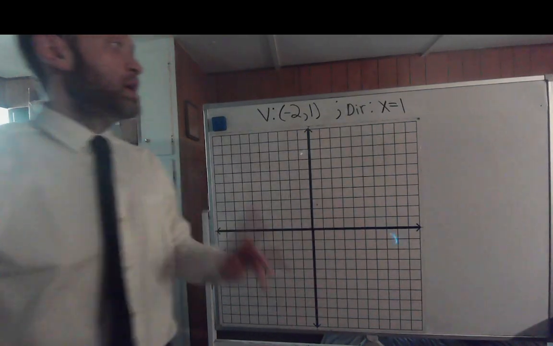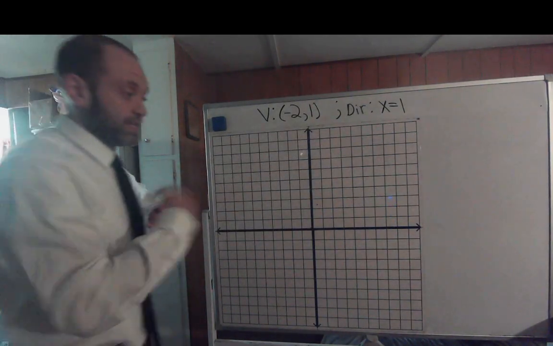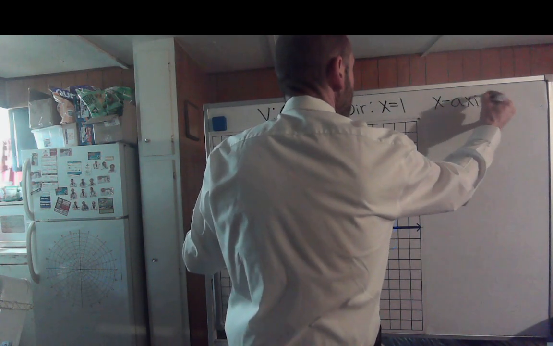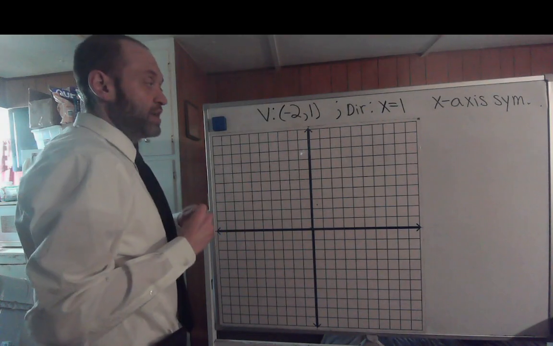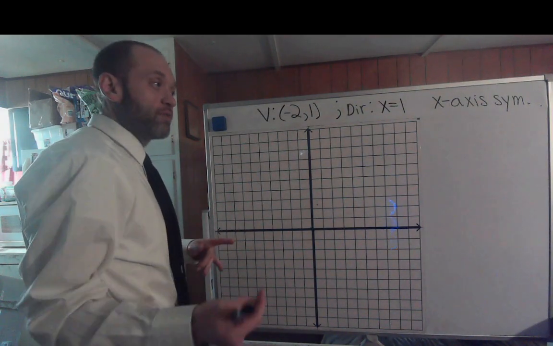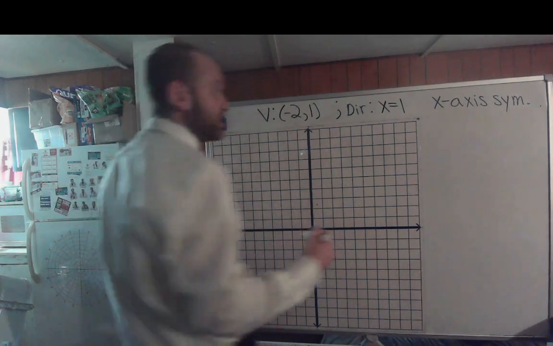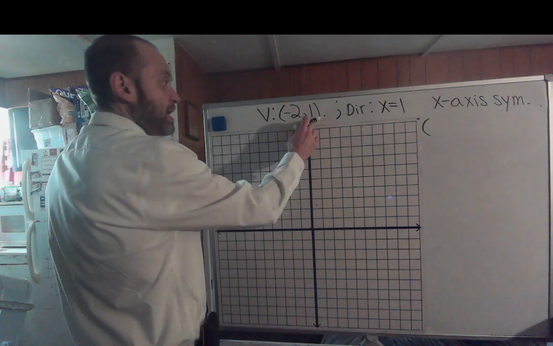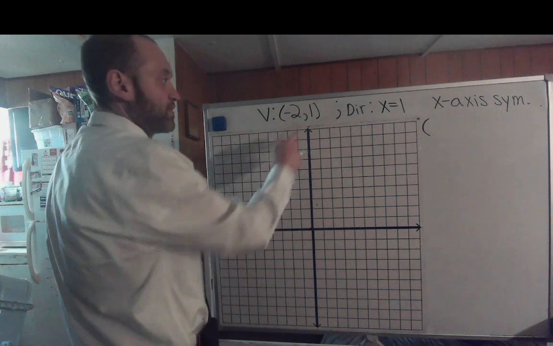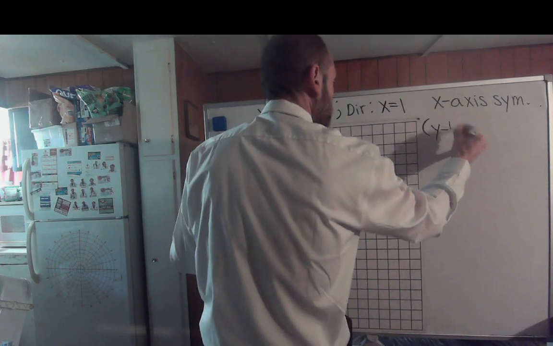Well, again, the directrix is a dead giveaway for what axis of symmetry this is. This is going to be x-axis symmetry. X-axis symmetry helps us establish the form of the equation. That means that x has to be the linear variable, y has to be the quadratic. So we can start setting up this equation. If y is the quadratic, and we know the y-coordinate of the vertex is 1, so y equals 1, this is going to be (y minus 1) quantity